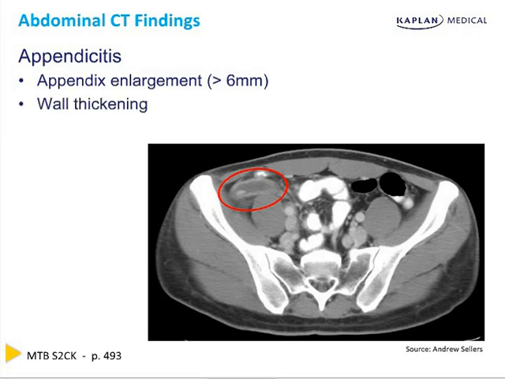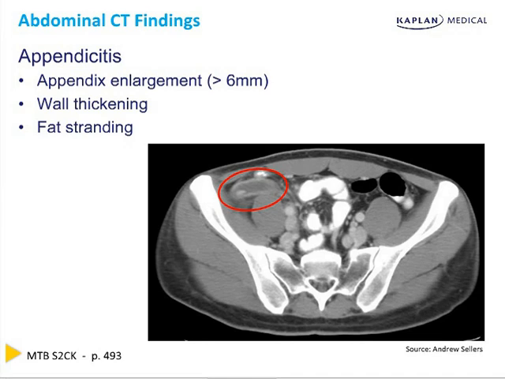The appendix wall will also become very thick, as you should be able to appreciate from the borders of the appendix seen in the image below. Another finding you may be able to appreciate is so-called fat stranding near the organ, leading to a wavy appearance surrounding the inflamed appendix. And finally, appendicitis most commonly occurs because a fecalith impacts into the lumen of the appendix,